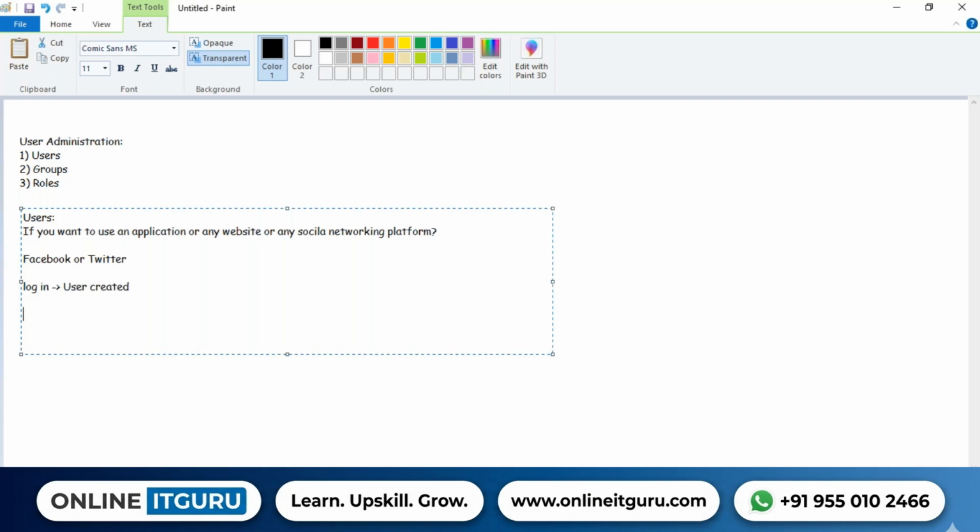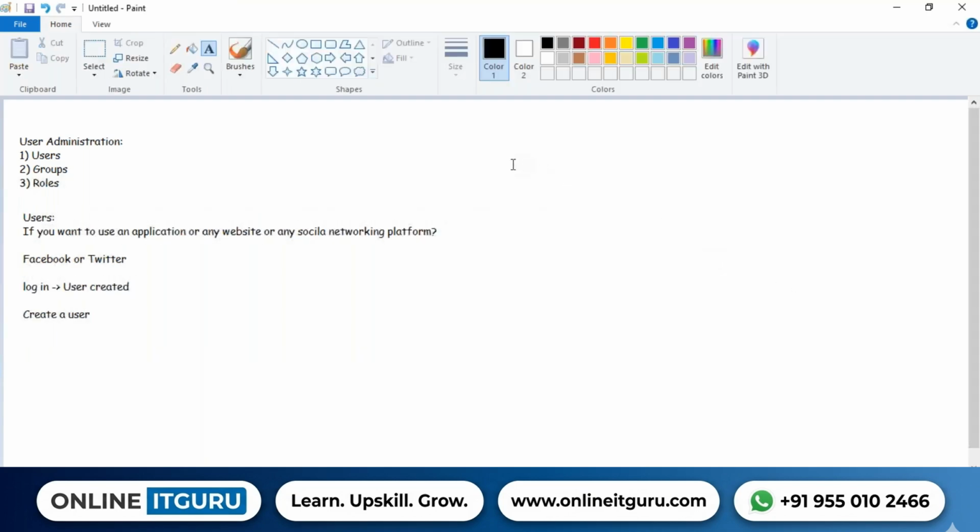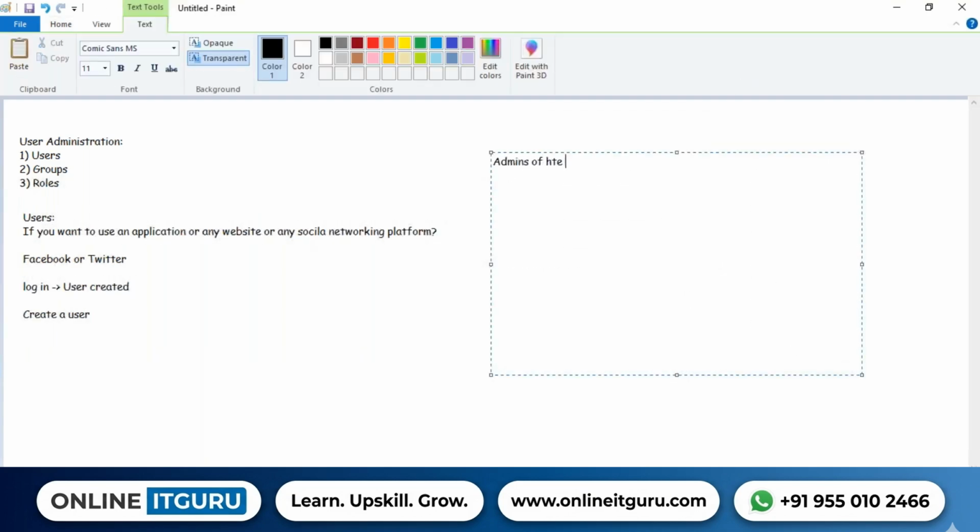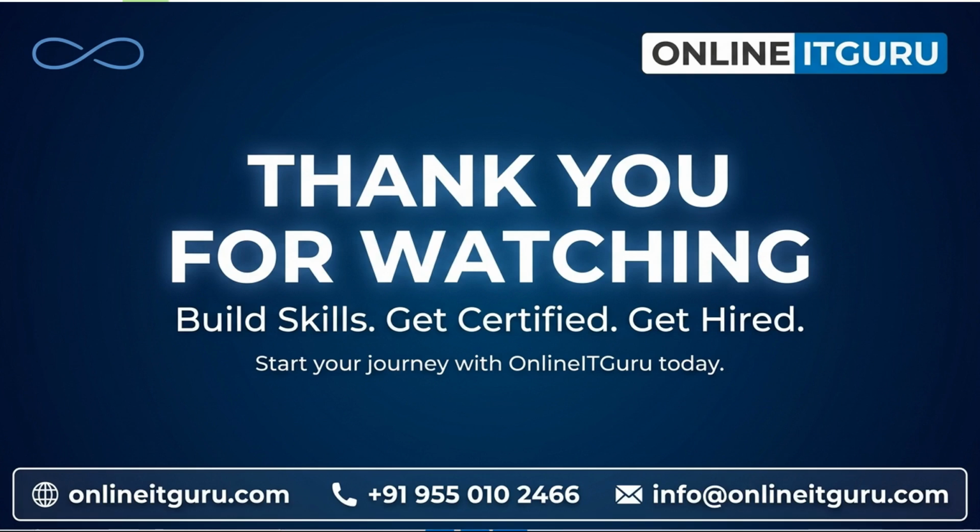Right. The first thing you are going to do is create a user. Similarly, in ServiceNow, if you want to use the platform, you must have a user created in your name. This will be done by the admins of the platform. Whenever you join your organization, a request is made to the admin saying please create a user account for